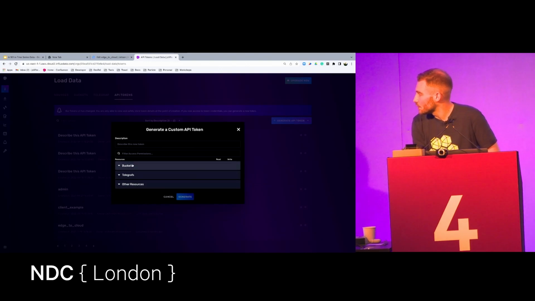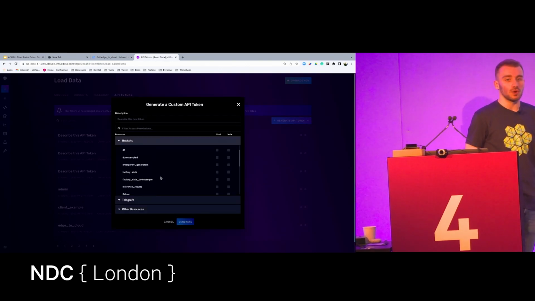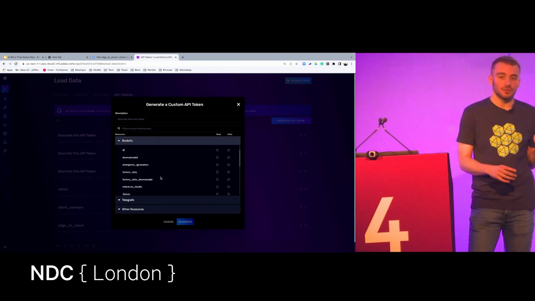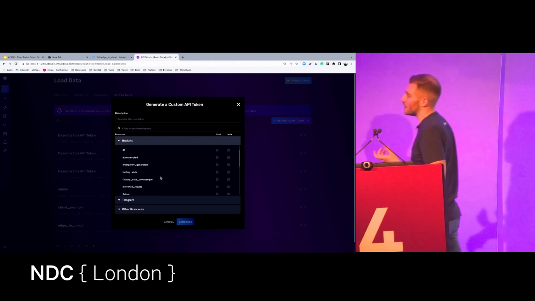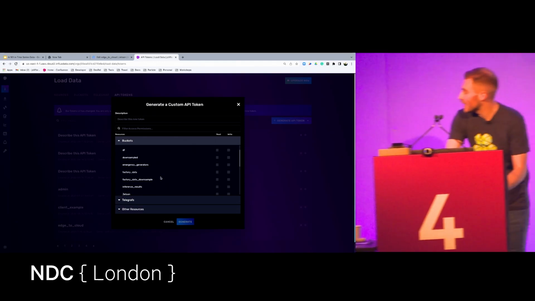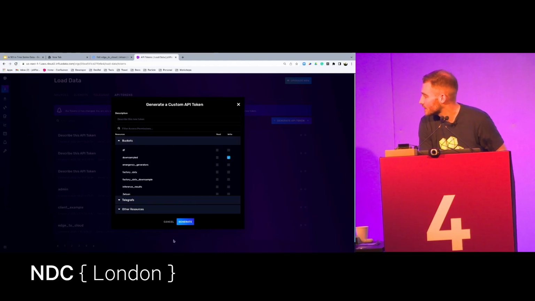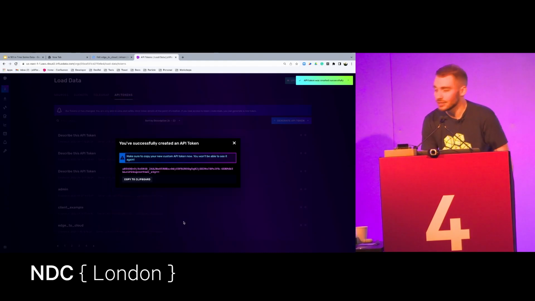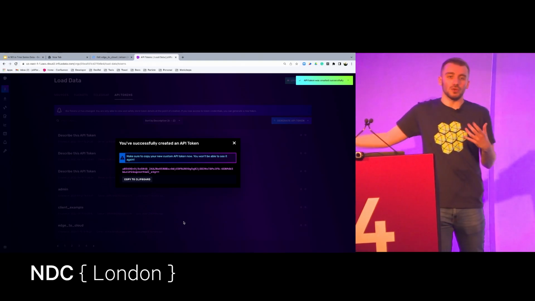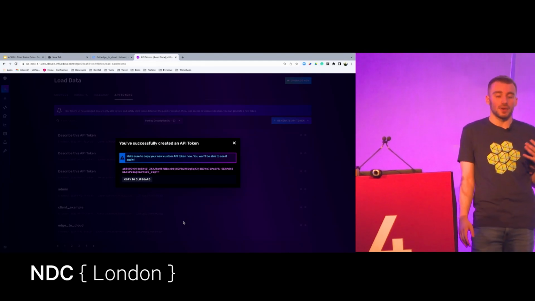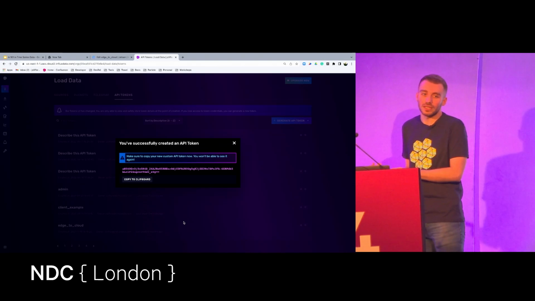So let me quickly jump into buckets. You can actually get down to the point of what database you're writing to, in terms of being able to read and write from that database and the level of control that that device has. If I only wanted access to my downsampled bucket for writing, I can generate that, and that generates me a token that I can use. I'm obviously doing this through the UI, but you can do that dynamically through any of the client libraries or through the API. So you can have your device talk in that way.